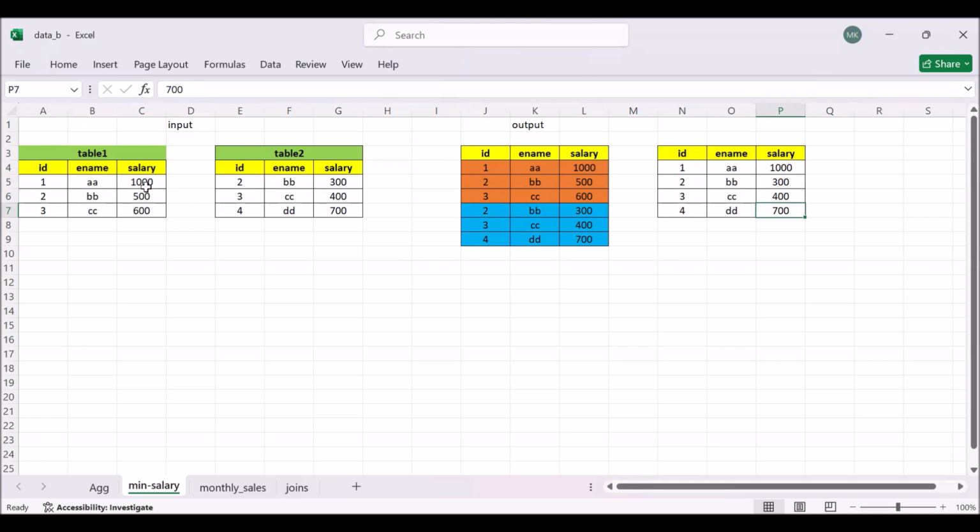First, we need to apply union all, which will append the data vertically. It will give us output like this once we apply the union all. After that, we will apply a query with the minimum, which will give us the minimum out of the same ID and same name, so that we can get this output. We will implement this in SQL, so let's go into the SQL